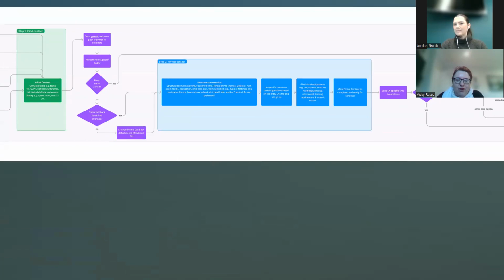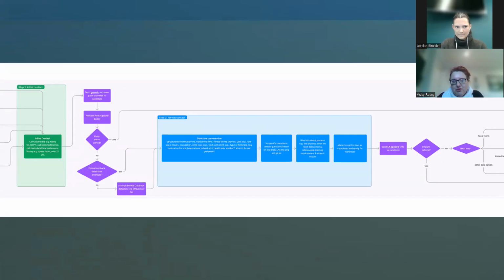So this is our flow diagram for a potential case management system. And I'm particularly interested in the green and blue sections there. The green and blue sections are the two sections that the prospective foster carer links in with. And it feels like a two-step process, very much. They make their initial contact in the green section, and the blue section is where the hub makes the contact back.